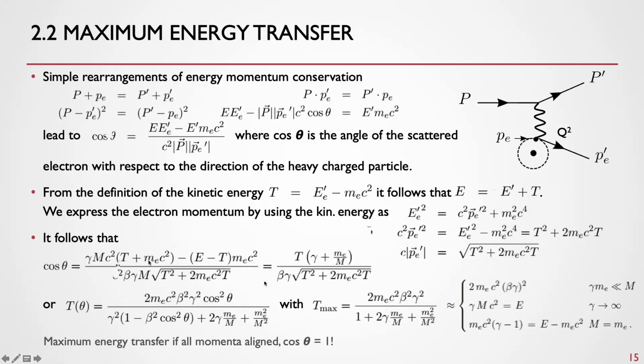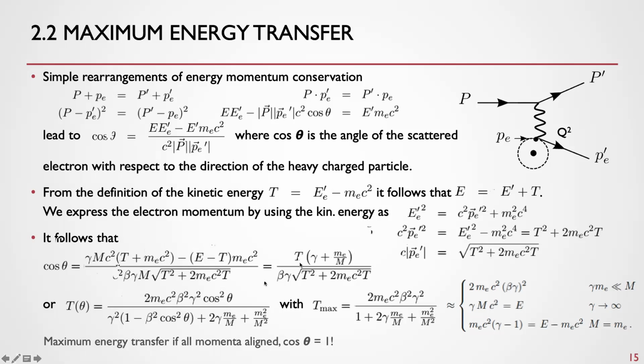However, this term here, the MEC squared times gamma, it cancels with the energy of the ingoing heavy particle, because the energy of the ingoing particle is also just gamma m c squared. So these two terms cancel,